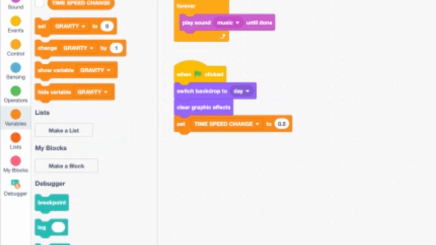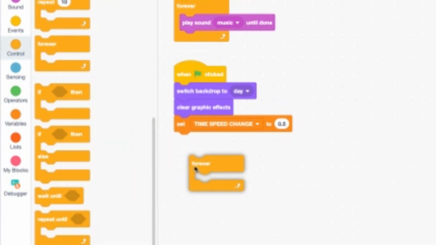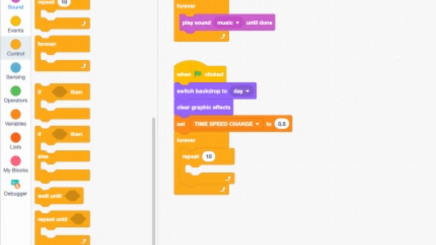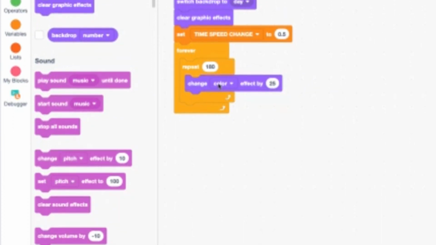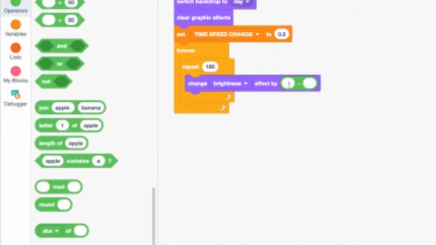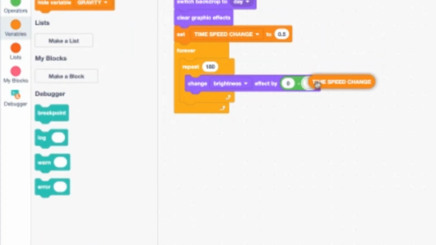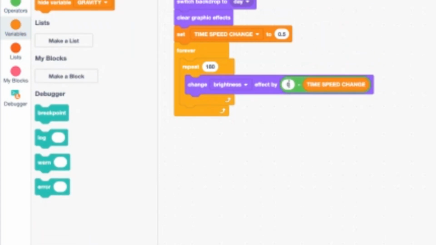So now we're finally going to add our forever loop. And instead of just doing one constant thing, we're going to repeat 180 times. Now we're actually going to use the effects. So change, and let's start with the brightness effect by 0 minus time speed change. Now what this does is change the brightness effect by negative